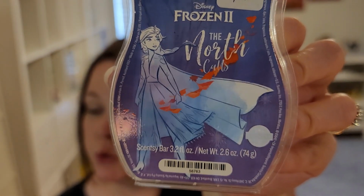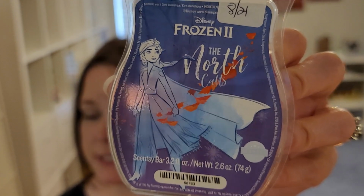Next one is Frozen 2, The North Calls. Grapefruit, Lily of the Valley, Marine. I feel like I show y'all the same scents all the time. That's why I've got to cut down my club so I can focus on currently available scents. This is not one that will ever leave. After what I said earlier, I think I can strongly say this one will never leave because I don't know if it's coming back. A lot of the licensed scents seem to come back every so often, but